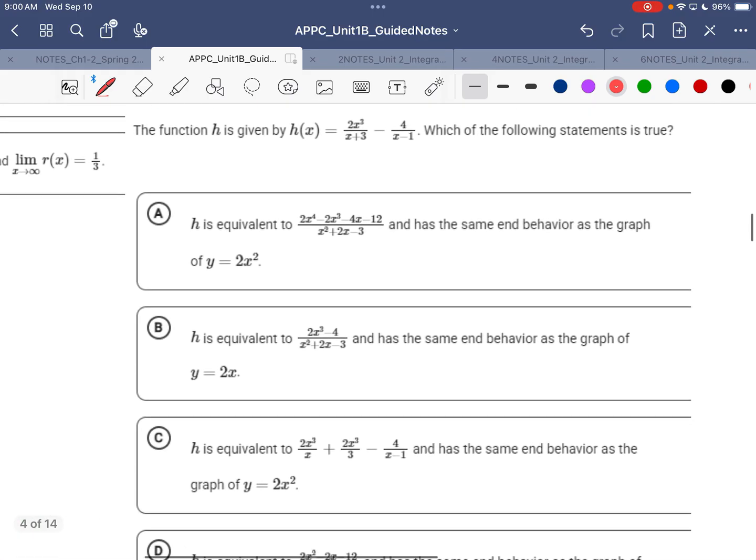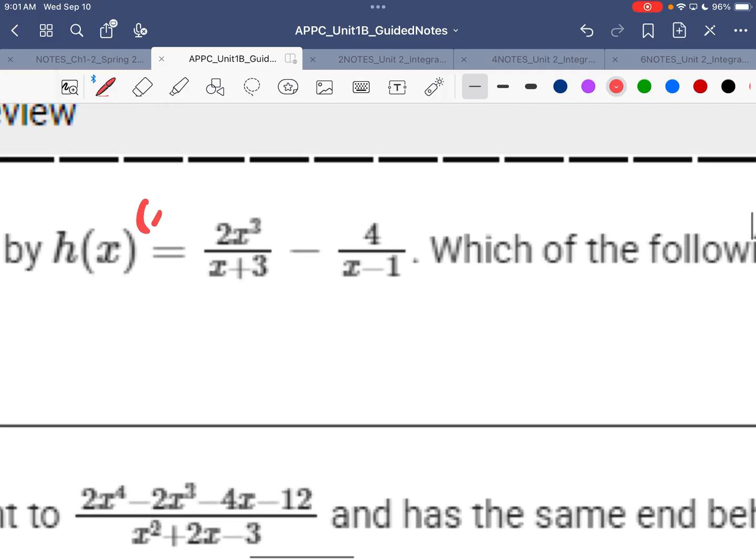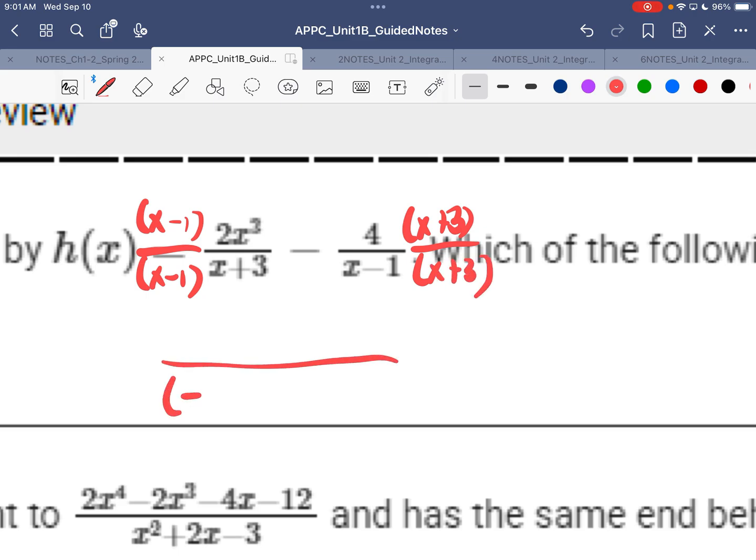On 3, I thought 3 was kind of tricky to know exactly what to do. In these types of questions that say which of the following are true, I would suggest you look at how your answer choices are written out. Looking at the answer choices, at least on A and B, it's trying to make them have one fraction. So to make this one fraction, I have to get common denominators. So you're multiplying the left one by x minus 1, and then the right one by x plus 3 to make the denominators match. So you have x minus 1